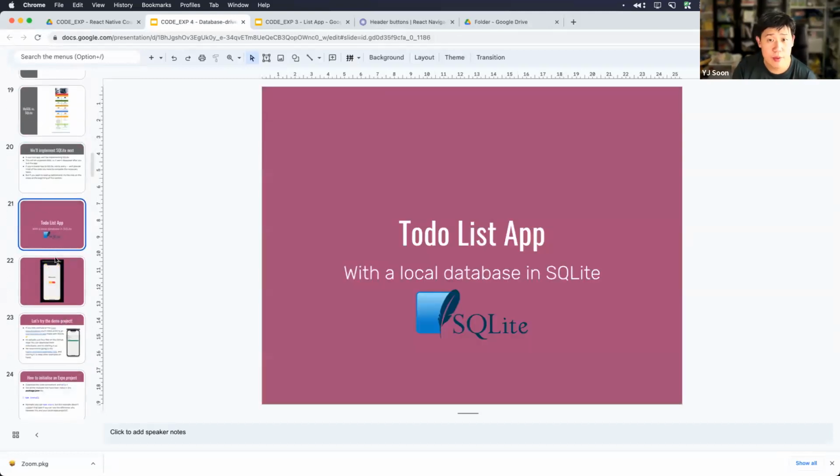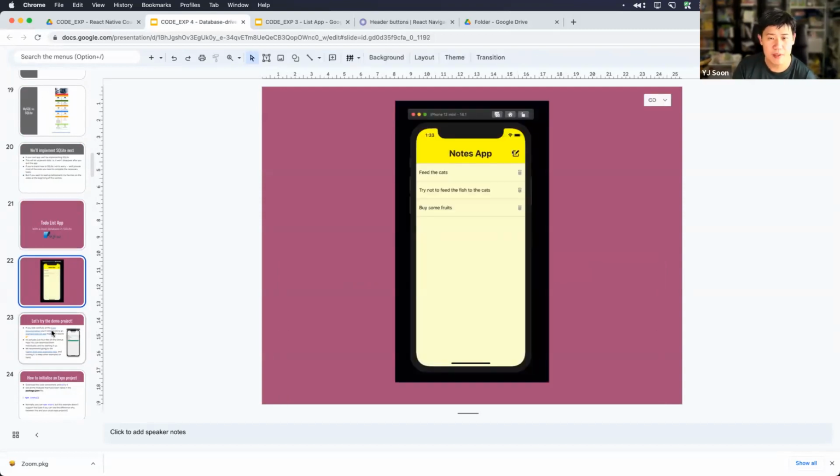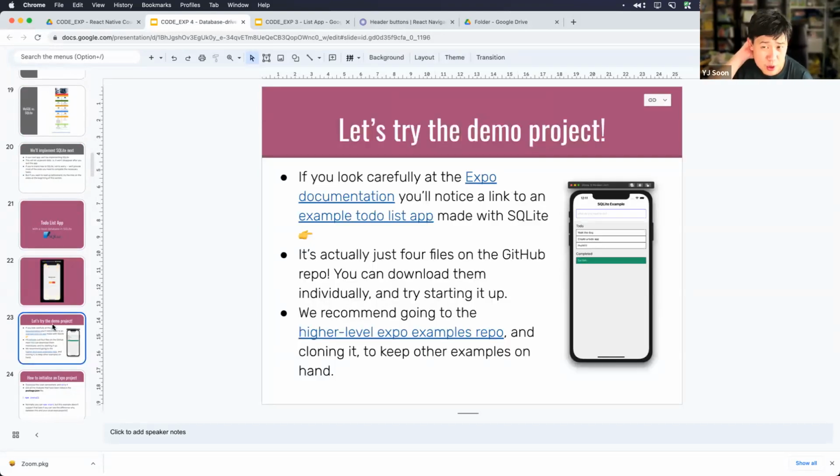Okay, so we are going to do something with this, all right? And we're going to try and implement a bit of a to-do list app. And you know what? I'm not super worried about actually implementing the SQLite part. I just kind of want you to see the CRUD aspect of it. So first things first, before that, I want to show you this thing, right? In the Expo documentation, there is an example to-do list app. So what are we making out? Okay, let's go take a look at this.